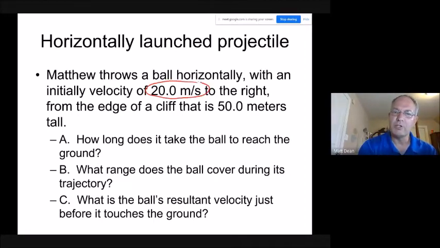During projectile motion, the horizontal velocity remains constant. And the reason it remains constant is that there's no force acting horizontally on this object. The only force acting is gravity, and it acts vertically, not horizontally. So that 20 stays at 20, the horizontal velocity. Now, what we're not thinking about here is vertically,